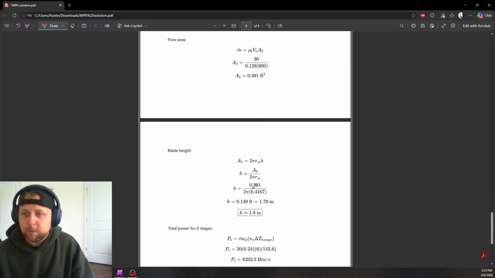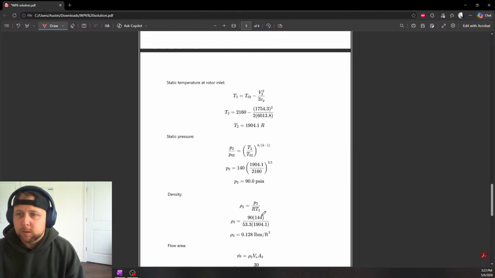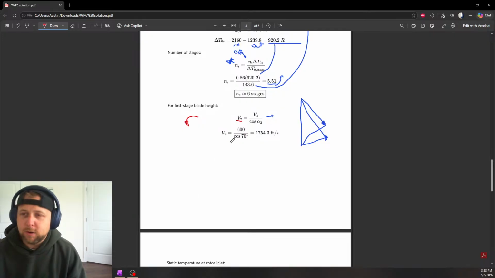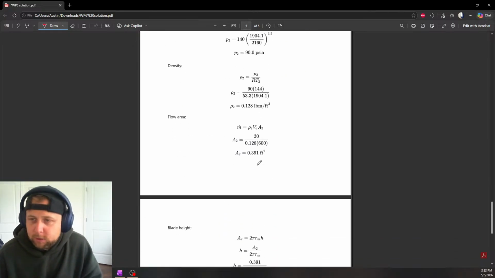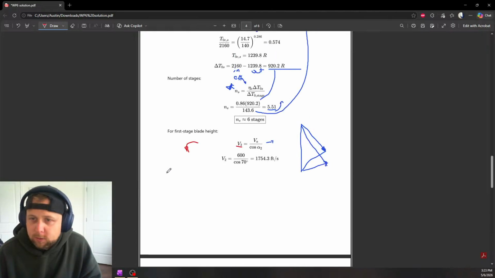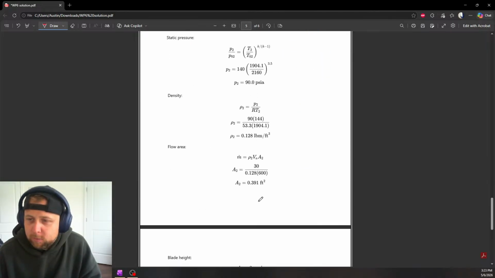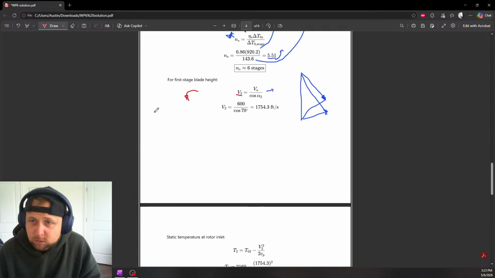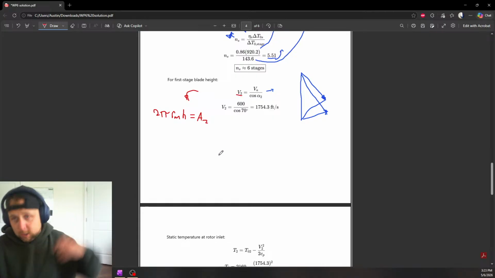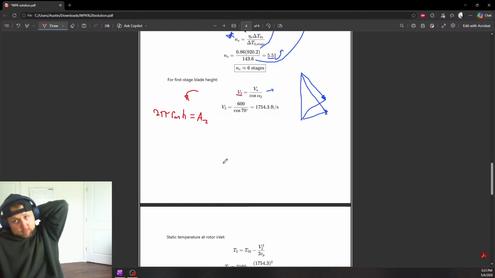So blade height comes from our area. Dude, you have to know where you're going before you actually solve some of these things. So the final calculations that you can use are, God, where do we go from here? A2 is actually equal to 2 pi r h. 2 pi r mean h. Area 2. I believe this is specifically for